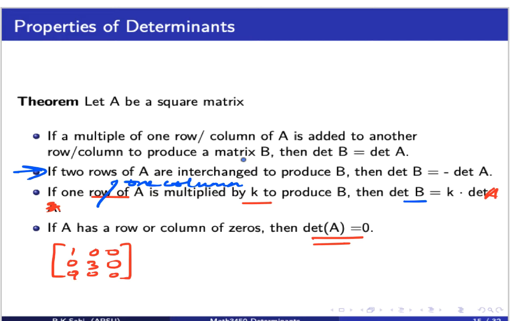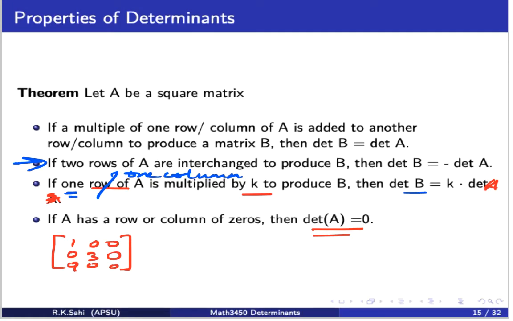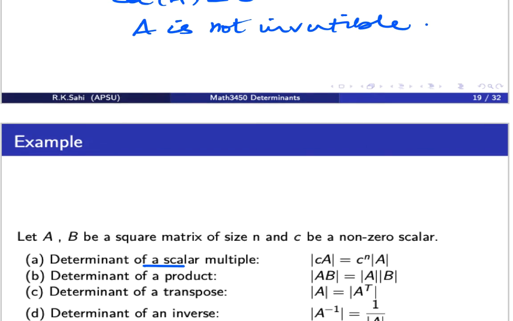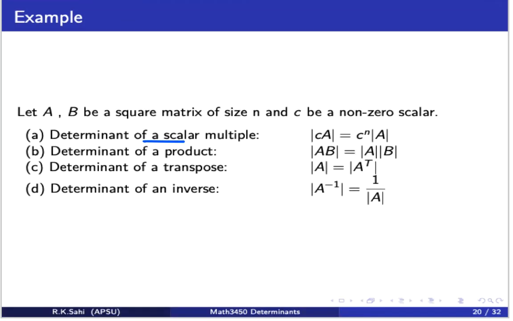But be very, very careful. You do not apply that to your normal matrices. It's only when you're talking of determinants that we can apply that. Now remember, this is only one row. The key point is one row. Now if the scalar multiple which we're talking about over here is multiplied to every element,